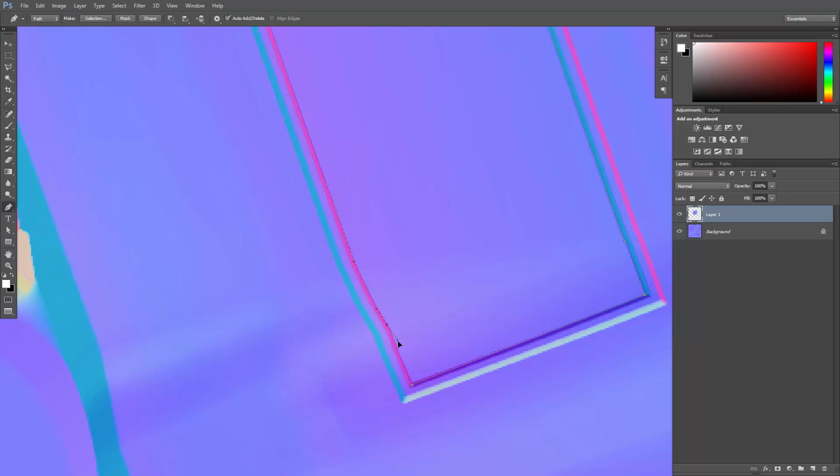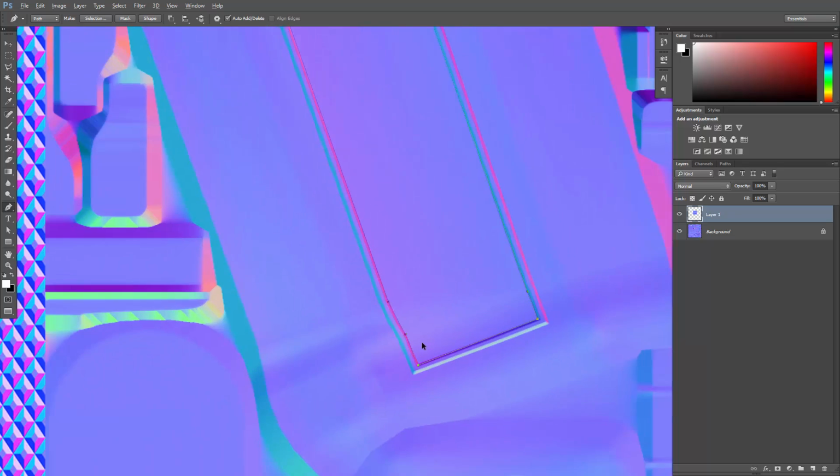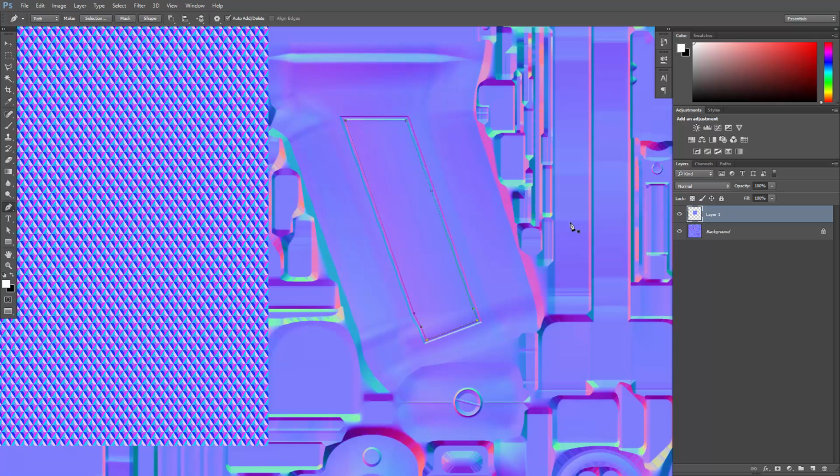If you have a bit of a curve here, you can just keep the mouse button pressed and it will give you this curve here. So you can just do exactly that kind of action. If you press Alt, you only work with one of these things to point it in a certain direction. And I'm just going to connect it here, which means we have this path here as one. And then you can go over here to the path window or tab, select that path, and with Control and that button here, we have now a selection here of only that target area where we want the diamond normal